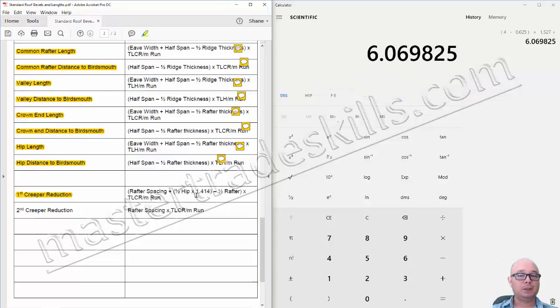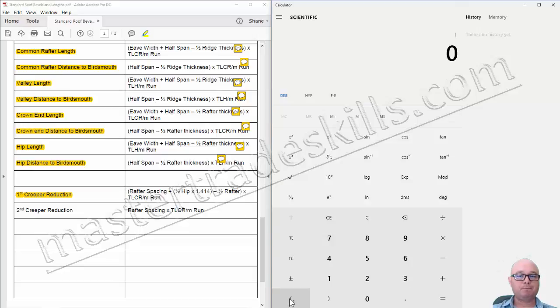That's why that's there. So inputting that into the calculator, we start with a bracket and the rafter spacing, which in this scenario was 600 millimetres, so 0.600, plus, and then another bracket, half the hip, which we said was going to be 10 millimetres, so as metres that's 0.010, times 1.414 times 1.414, close that bracket, minus half the rafter thickness, which was 25 millimetres, so as metres that's 0.025, close the bracket, and then times by a tree length of common rafter per metre run, which was 1.155